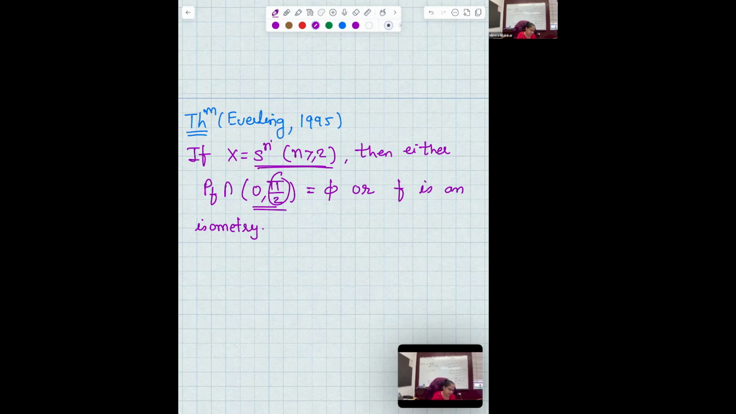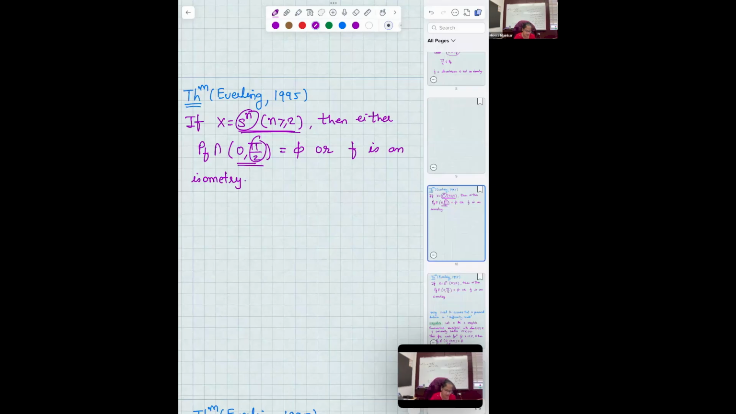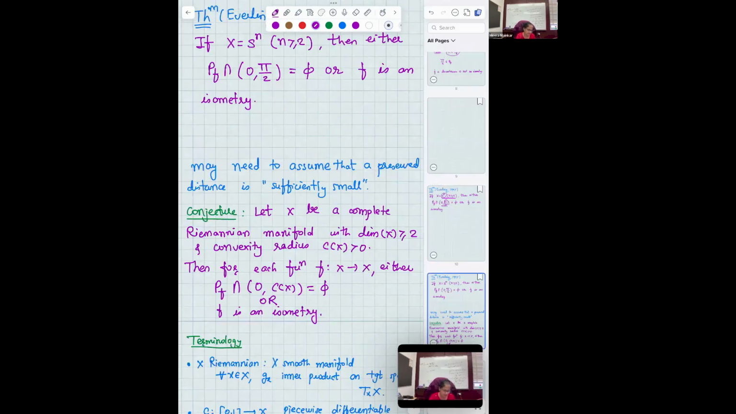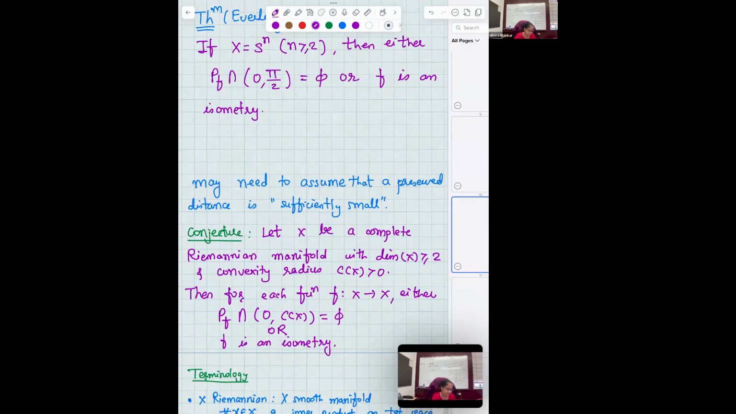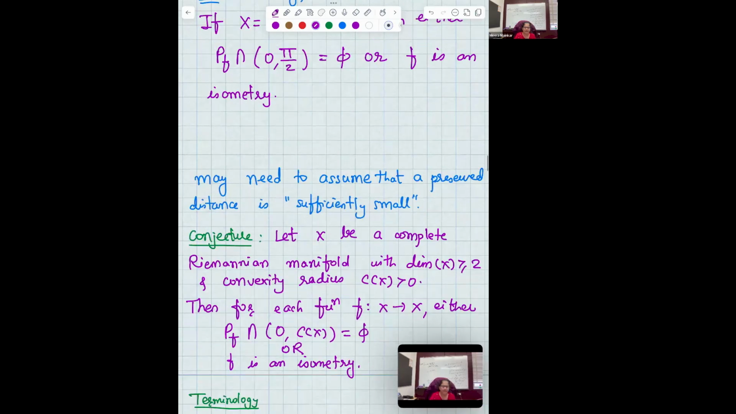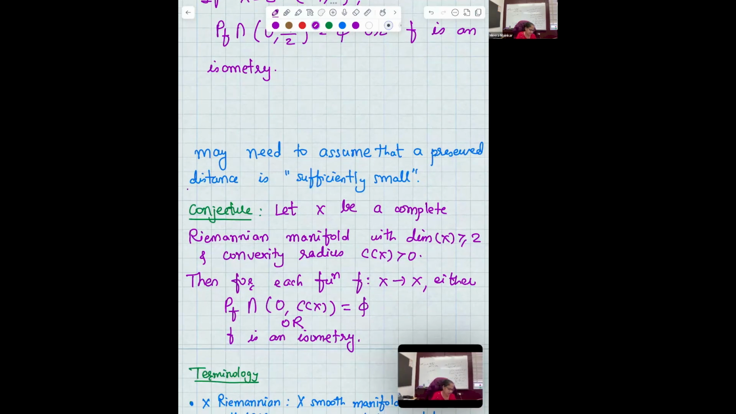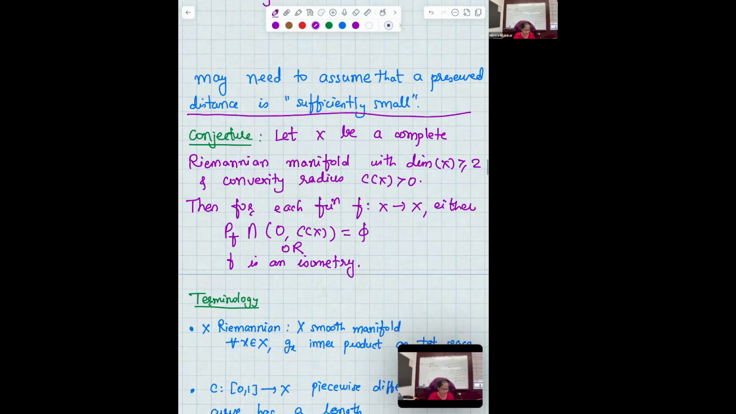So this pi over 2 is really associated with this, and I'm going to talk about that. I will tell you that. The idea here is that we might need to now assume that preserved distance is, quote unquote, sufficiently small. And then we have some evidence, and that made us actually make a conjecture, and this is our conjecture, that